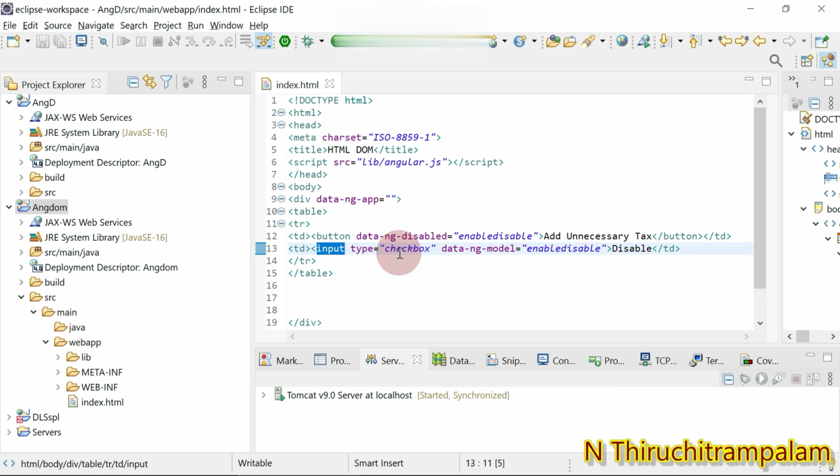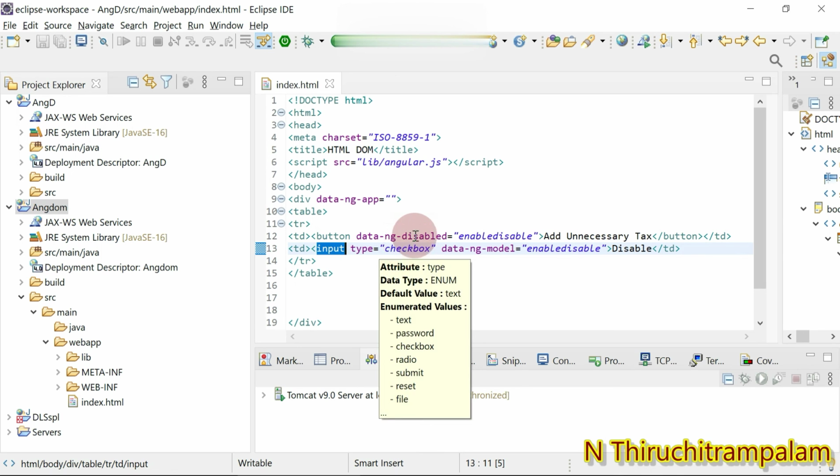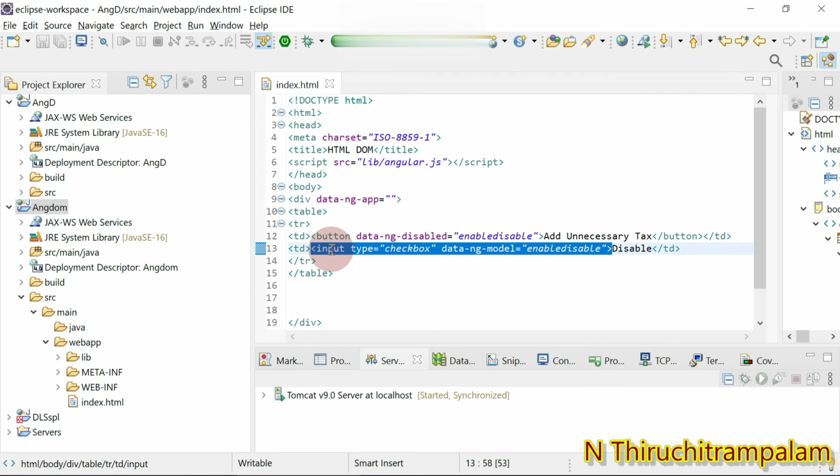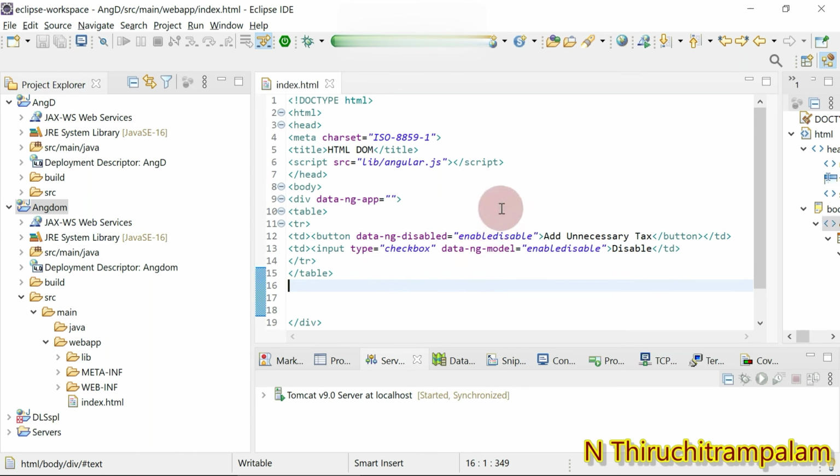That can be an input checkbox element, an input button element, an input text element, or an input radio element, anything it can be. So we just create a model and bind that model to the HTML element. That's what we have seen.